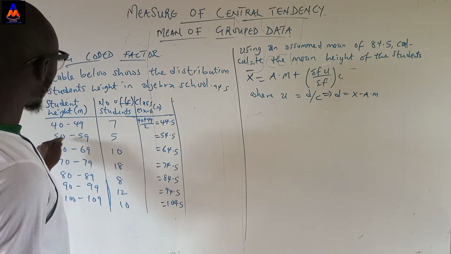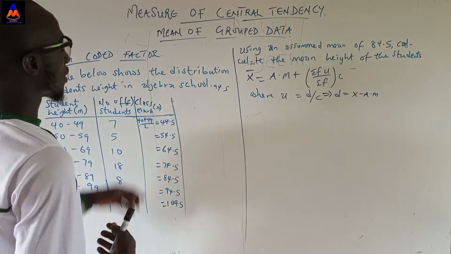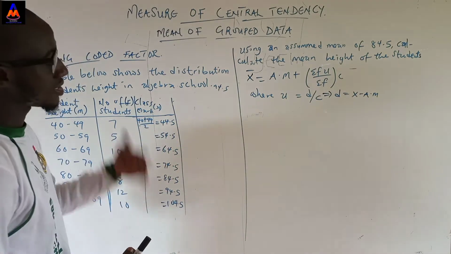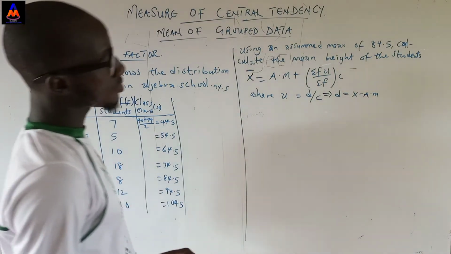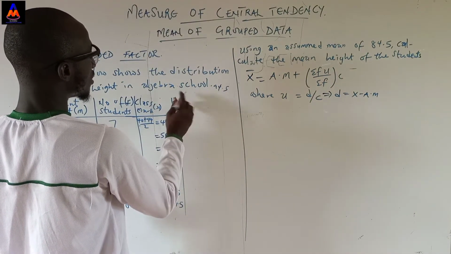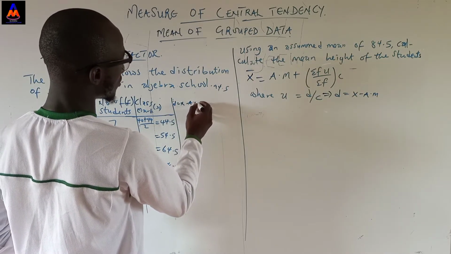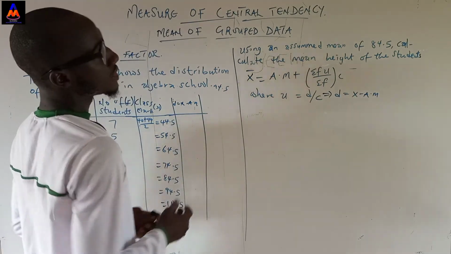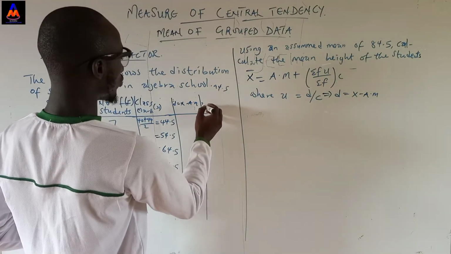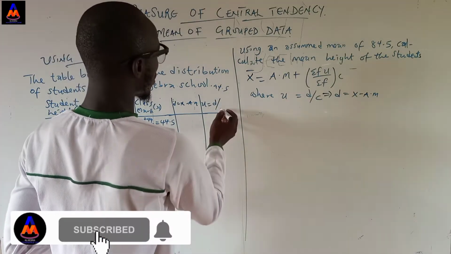For you to get the next one, what is the class width? The class width is 10. I've explained what we call class width to you in our previous lecture. That means 10 is added to each of these class marks to get the successive class mark. So the next thing we have to do is that we have gotten our x now. Then we can get our deviation. Our deviation is x minus assumed mean. So that's our deviation. Then after our deviation, then we can get our u, which is the ratio of your deviation and your class width.